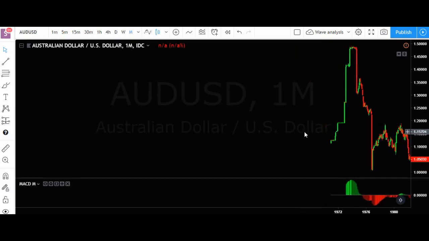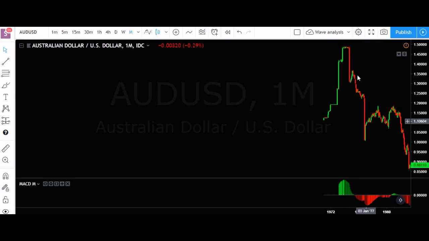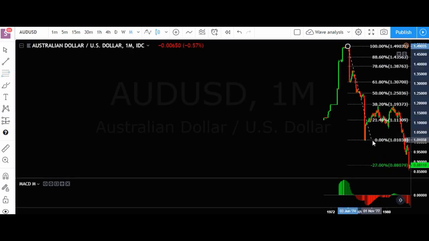So let's say that was it. So this is obviously an impulse down, and you can see the trend is down. So what we would do is fib this whole impulse move down like this,